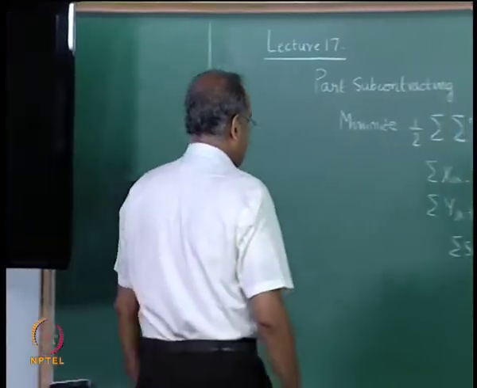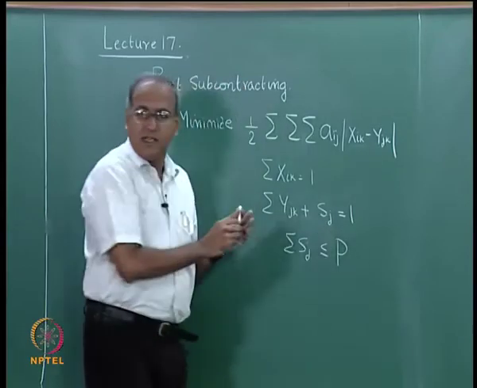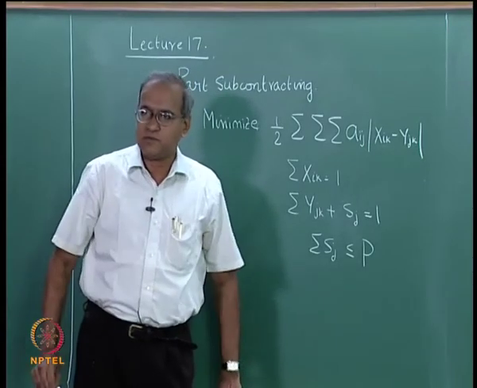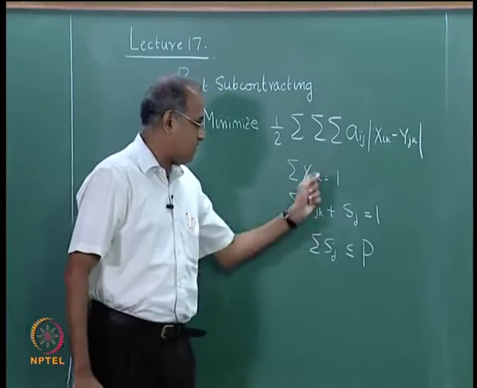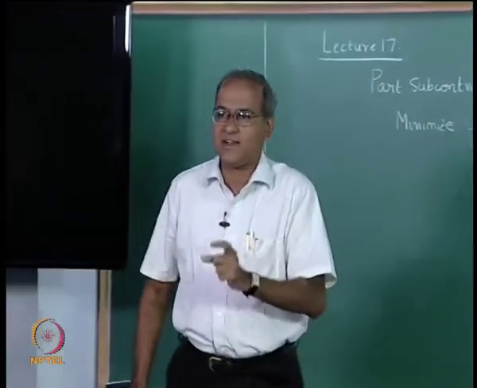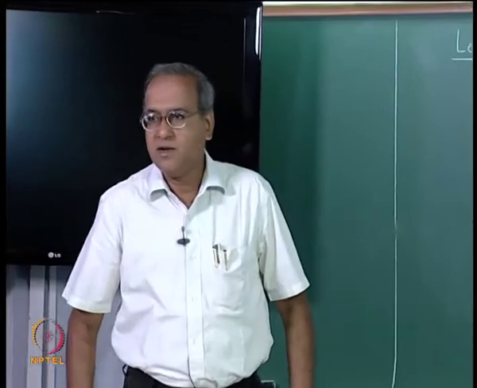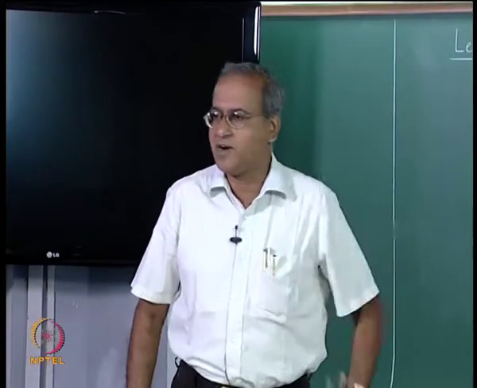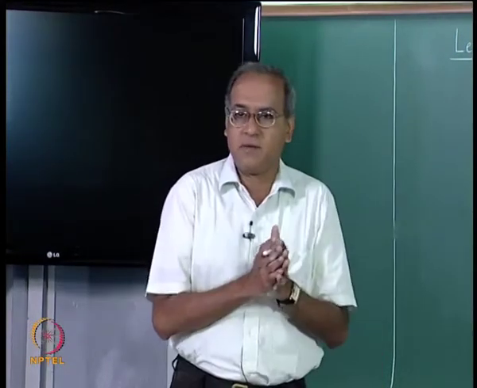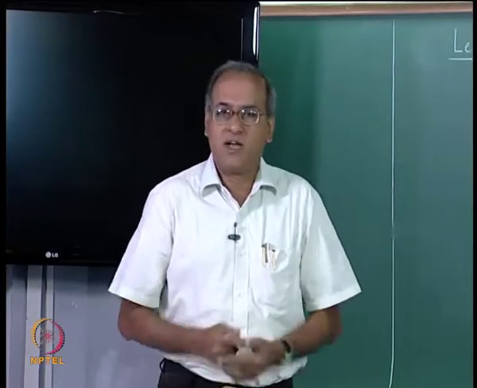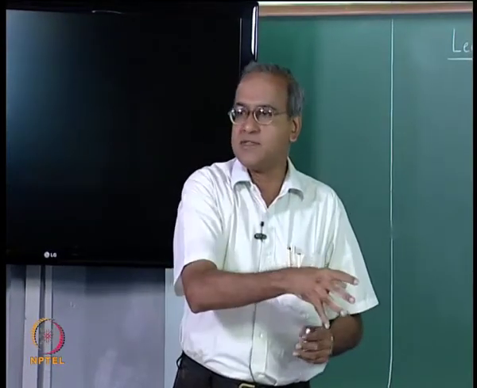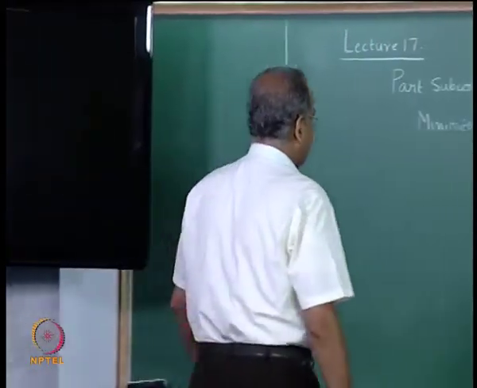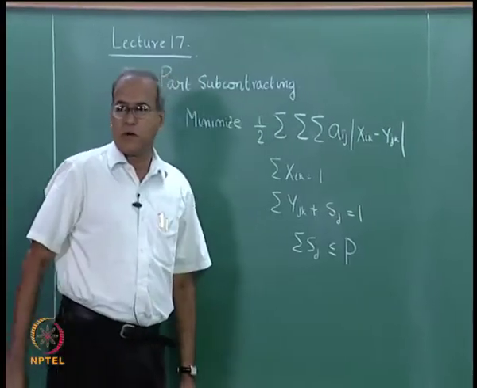As I again said, this is only an optional kind of constraint. Even without this, the problem does not lend itself to a trivial solution. Sometimes change of something from an equation to an inequality can tweak the entire solution. That does not happen in this case. It does not say that all parts can go to subcontract. It is still economical from an intercell move point of view to have a reasonably large number of parts made in the cell and some of them being subcontracted. So, this is how part subcontracting happens, and this is how Bockter's formulation is modified.